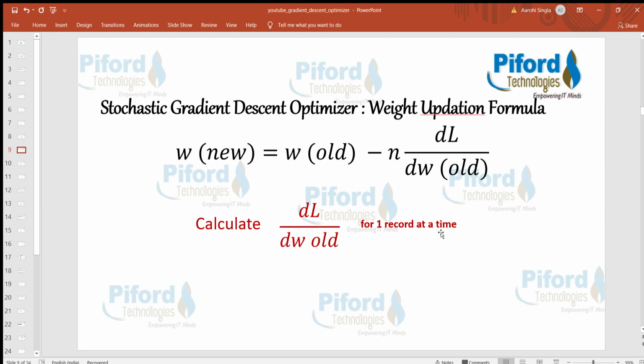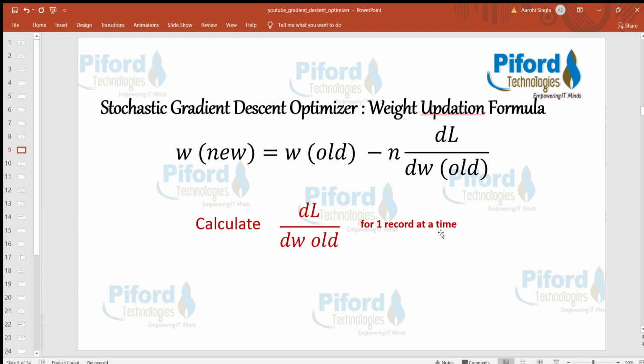As I've just told you, this is the backpropagation algorithm, and we have a forward pass and a backward pass. In the forward pass we pass input to the network, it moves layer by layer, and finally we calculate the output and the loss. After calculating the loss, we use the backward pass. So in the backward pass, it considers only one record in every epoch, calculates the predicted y value, and on the basis of that predicted value and the loss, it updates the weight.